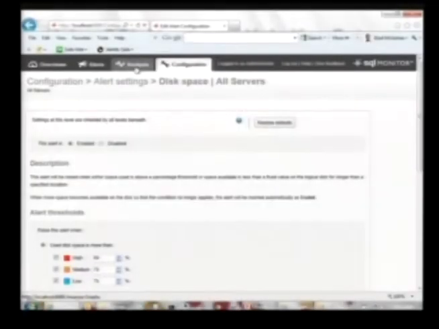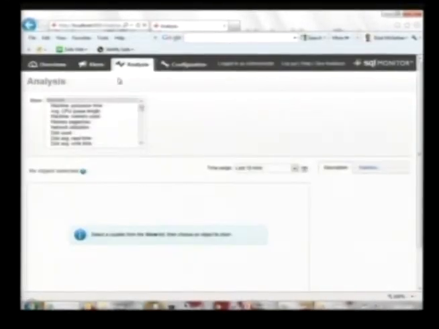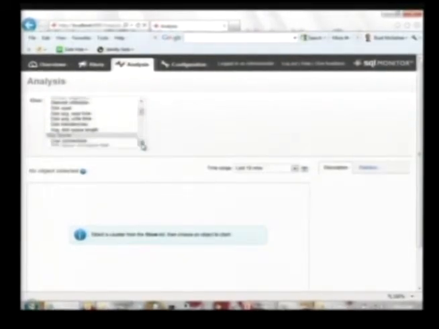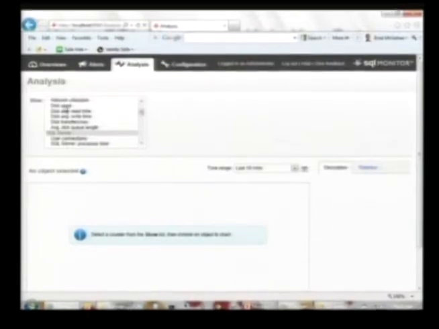Another tool that's also built in, which is kind of handy, is under the Analysis tab, which are basically performance monitor counters that collect data regularly and let you graph it. We have one that's disk used. If you want to see disk used over a period of time, you can see different time ranges you can pick. For example, 30 days would be handy to find out what kind of trend is occurring, how your database is growing or your logs growing or something like that.